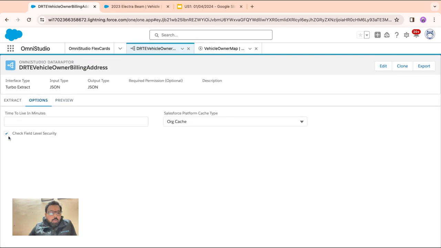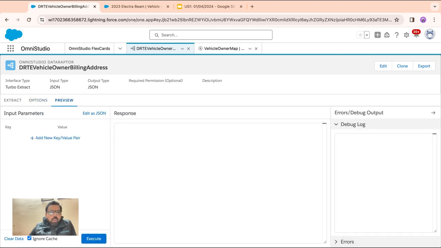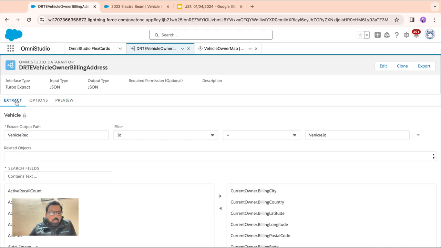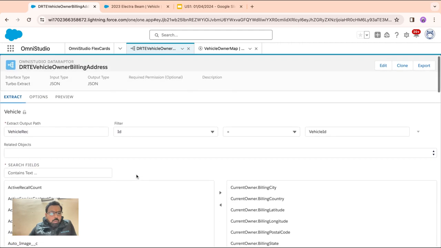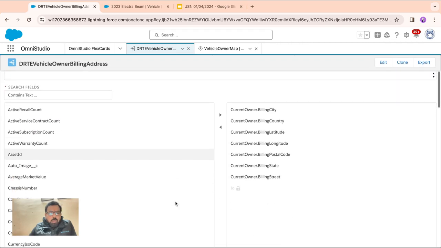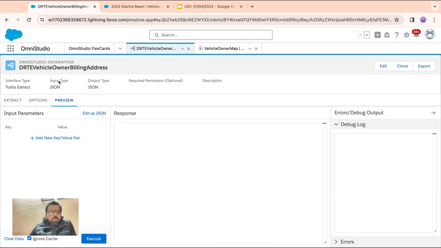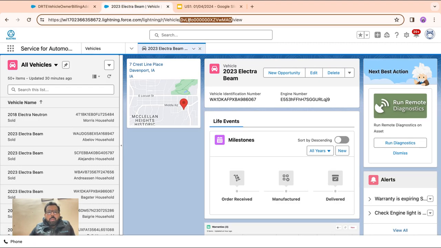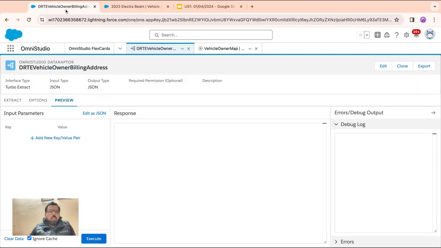We also wanted to check field level security, and quickly see if this extract on the vehicle object works well or not. So we are going to pick up this ID and put it in the vehicle